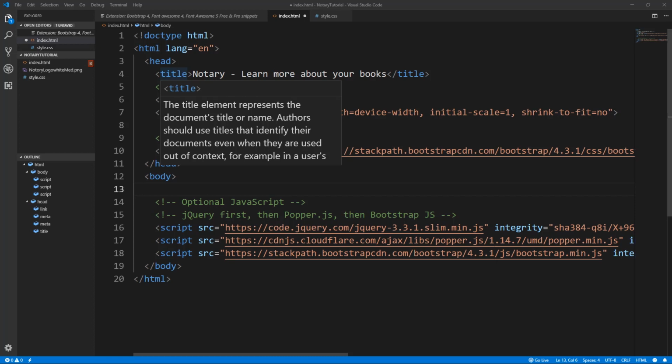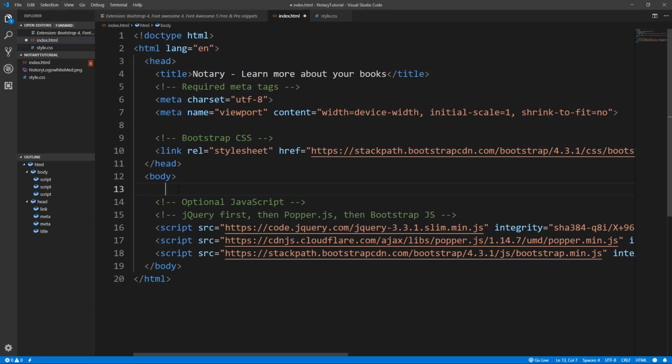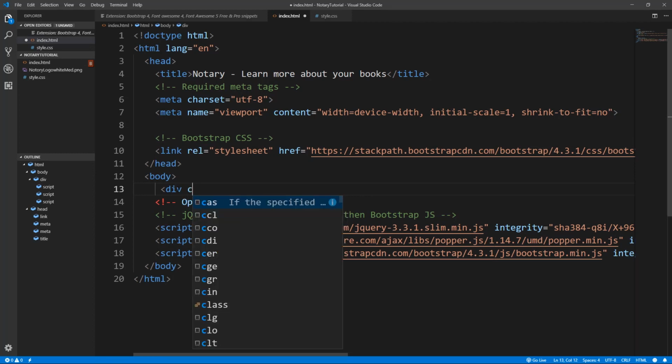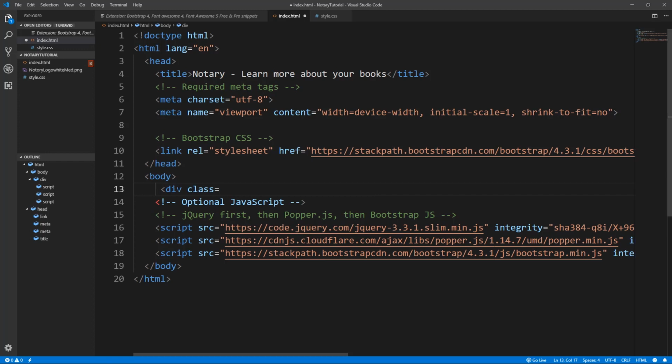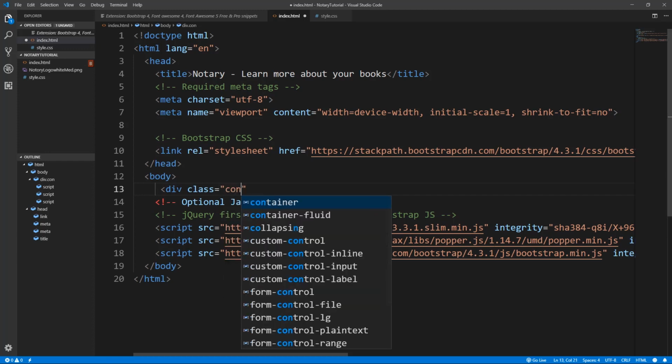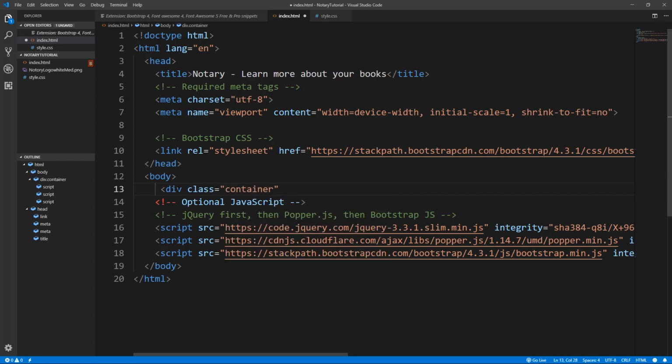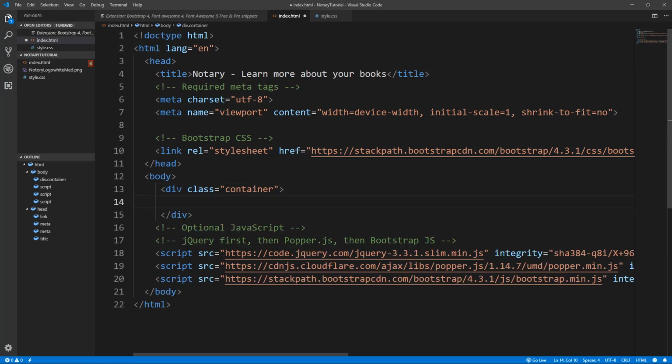So the first thing that we need to do is create a div tag, and this is called the container tag, and we're going to put this in the body. And the container tag will hold all of the HTML that we will use in this. And we give it a class, and it's called container, as you can imagine. Now, container will center our content in the page, and if we did container-fluid, it would take up all available space. But we like the way it's centered on the page for now. And so we're going to put everything that we build inside this div tag,